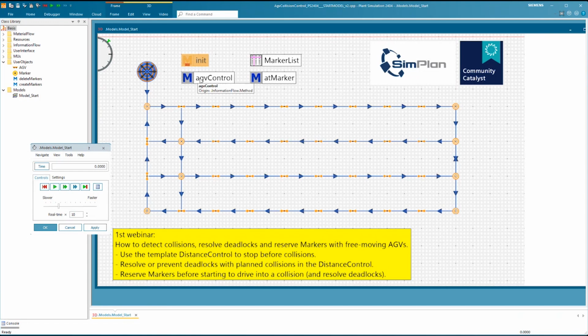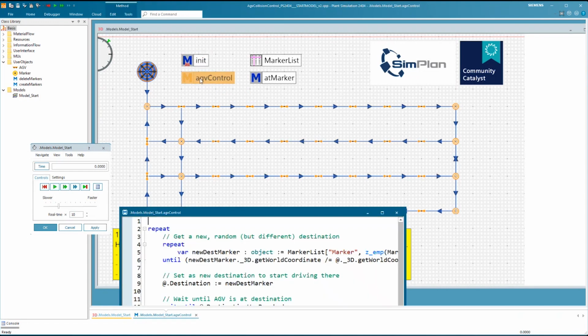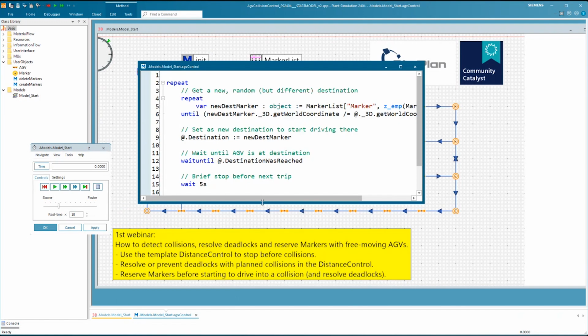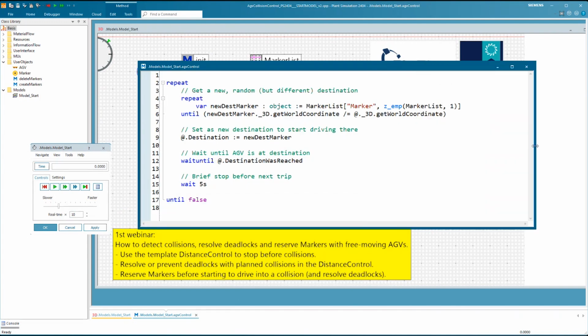And then the AGV control method is, in some similar form, something that you will probably have if you work with the free moving AGVs. Basically here, I'm choosing one of the markers from the list randomly, and then I say, this is your new destination, so go and drive there.